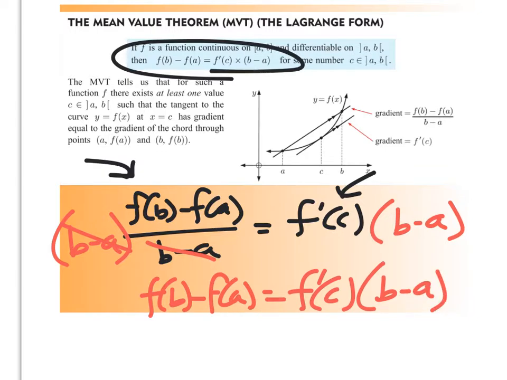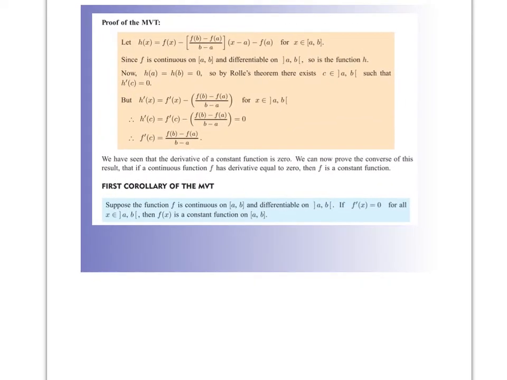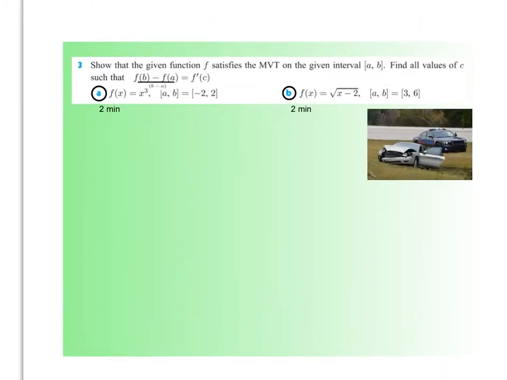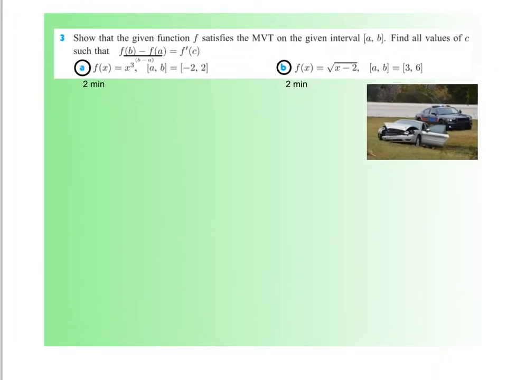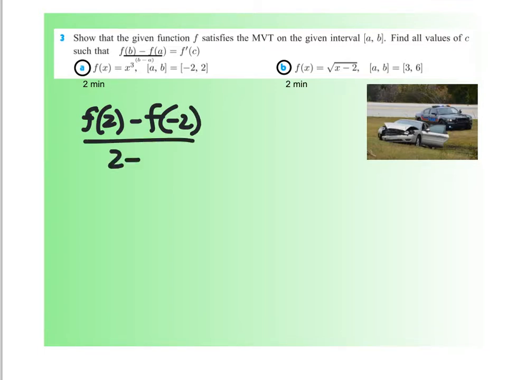Alright, let's try some examples with that. Proof of the mean value theorem for your extracurricular reading activities. Okay, show that the given function f satisfies the mean value theorem on the given interval A to B. Find all values of C such that the slope of the secant line is equal to the slope of the tangent line. Okay, so let's show that f of 2 minus f of negative 2 over 2 minus negative 2